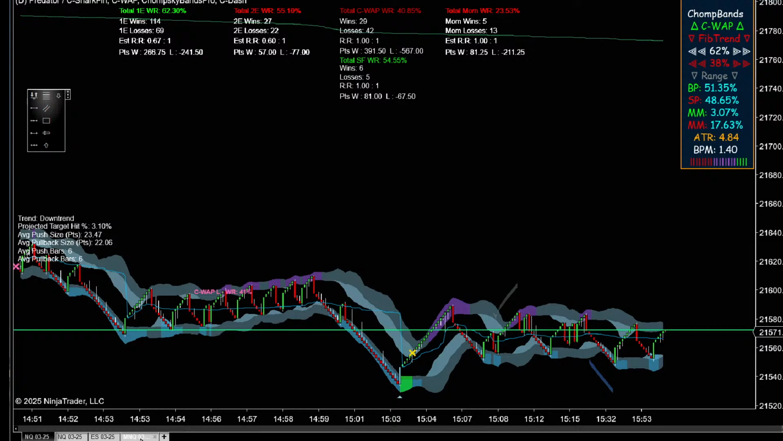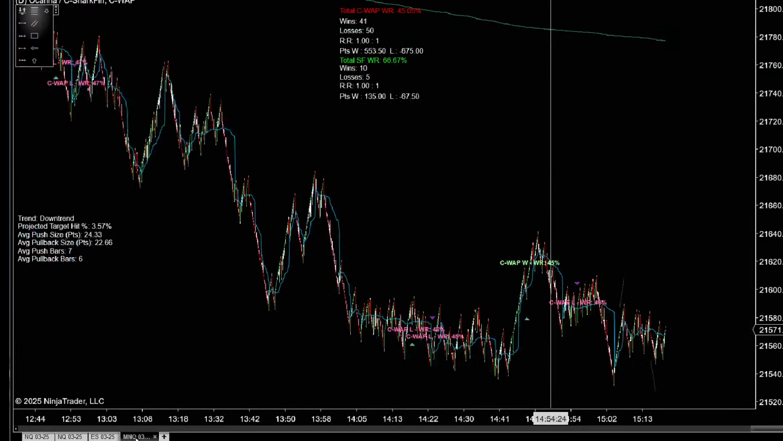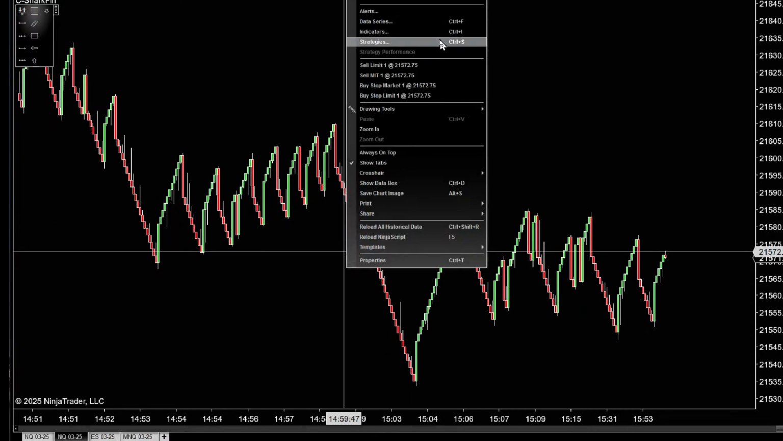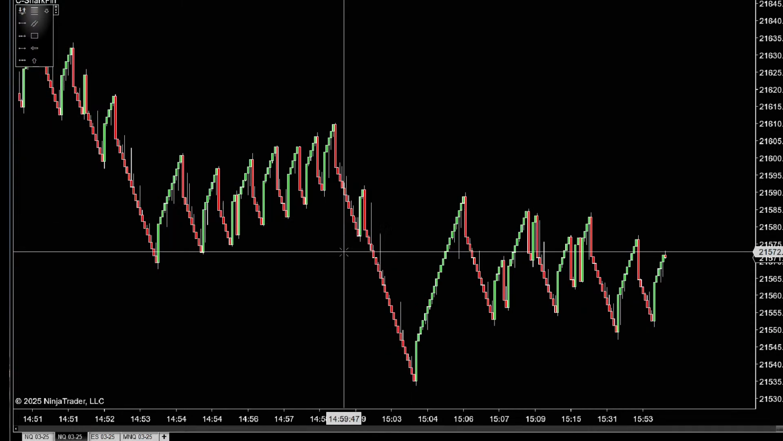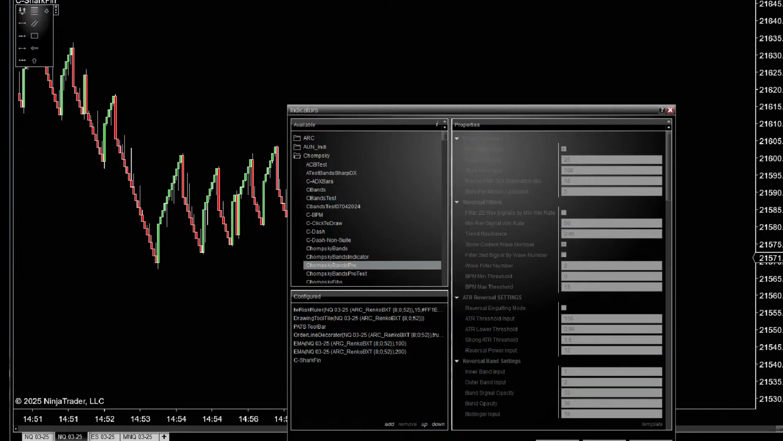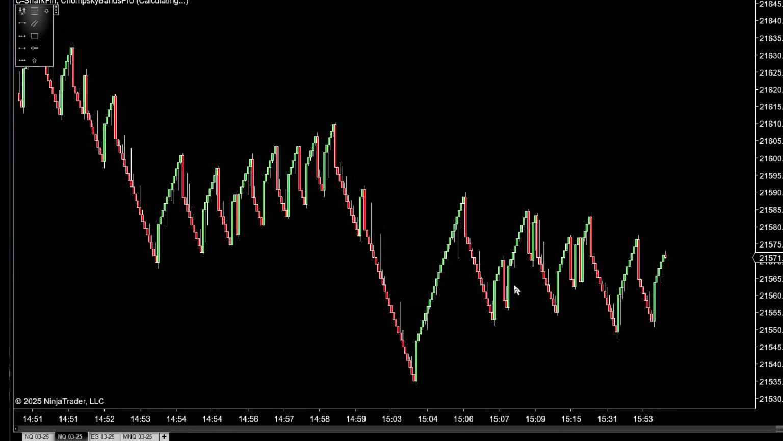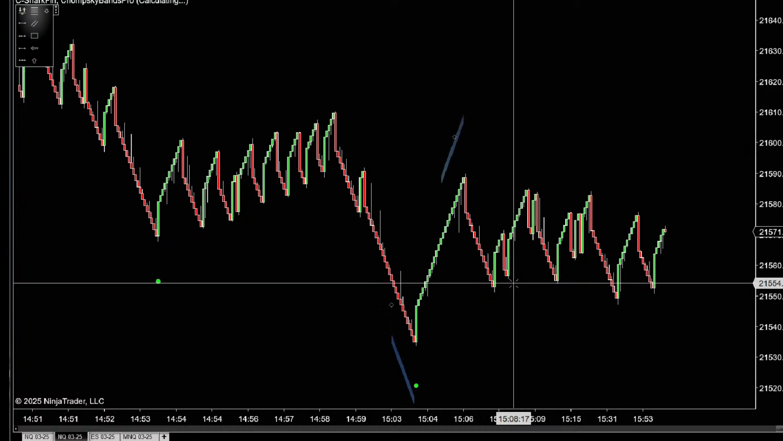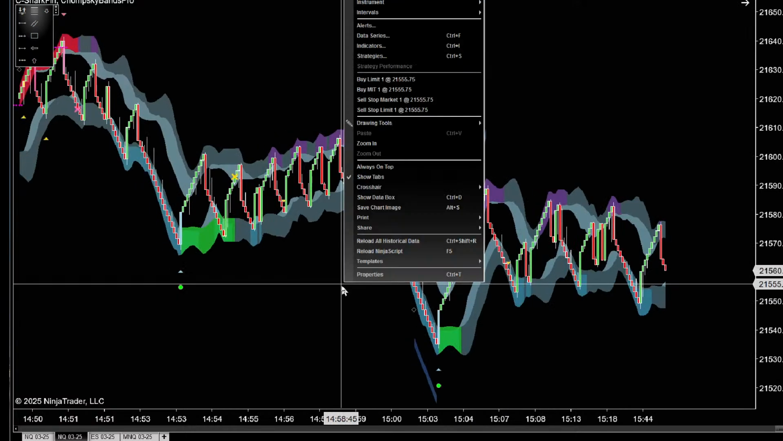Alright, so we will jump over to a different chart where we can just open these bands up. Maybe one of these blank charts here. And what we will do here is open up the bands on default settings so we can test this out. Give it just a second here. Alright, so now we're going to open up the